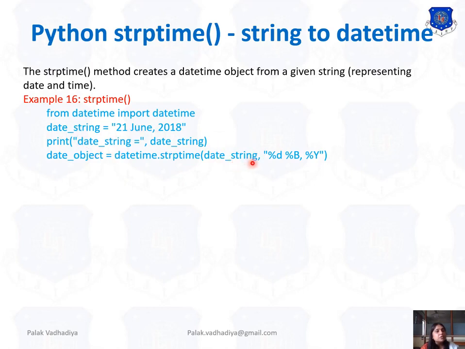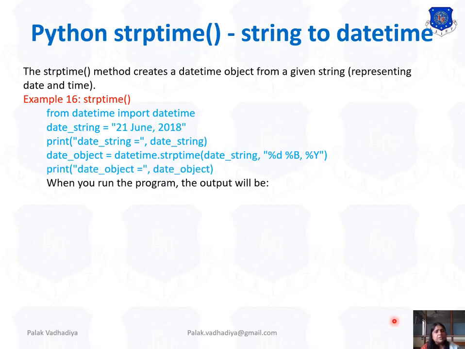And then inside this, the first is the date. And why have I written B? Because the full month name is given. I have written June, that's why the capital B. And then the last one is the year. You have to specify like this. See, the d is in number format. Then the month name, that is the whole name of the month, that's why B. Then a comma, here also a comma, and then you have to specify the year.